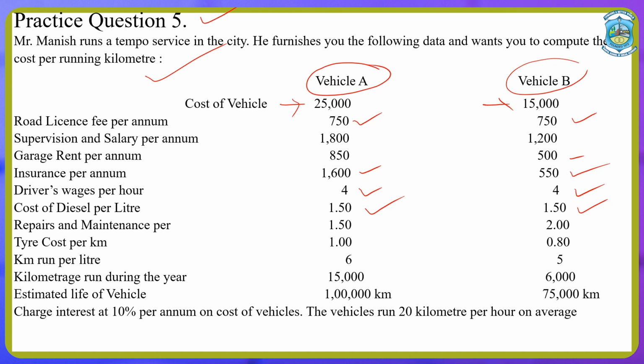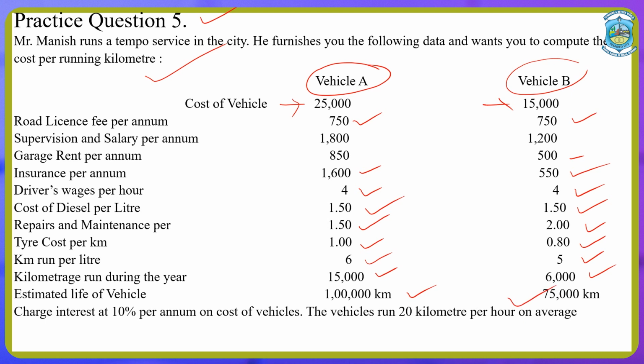Repair and maintenance charges 1.5 rupees per kilometer for vehicle A and 2 rupees for vehicle B. Tire cost per kilometer 1 rupee for vehicle A, 80 paise for vehicle B. Kilometers run per liter is 6 for vehicle A, 5 for vehicle B. Kilometers run during the year are 15,000 for vehicle A and 6,000 for vehicle B. Estimated life of the vehicle is 1 lakh kilometers for vehicle A